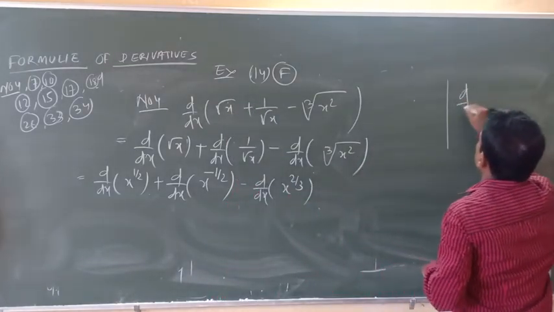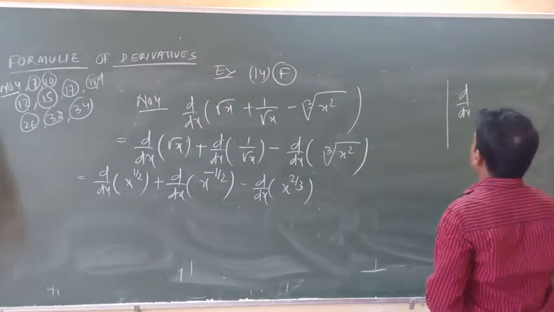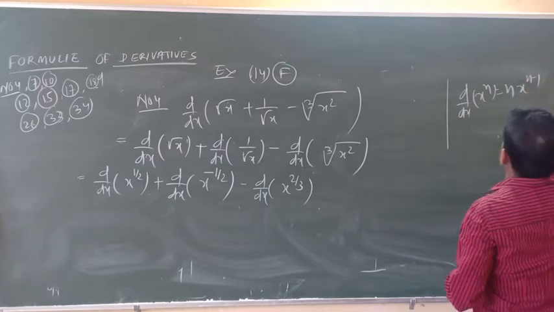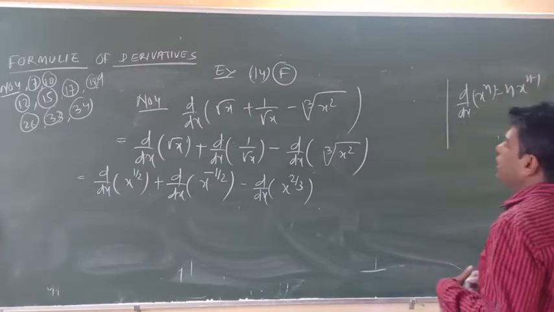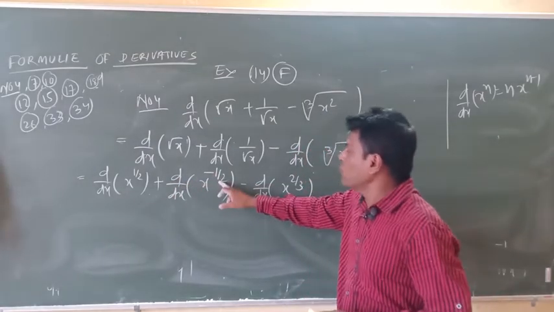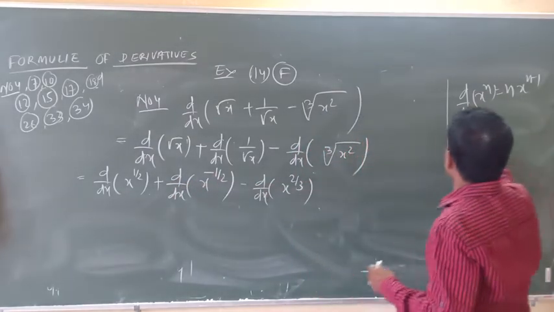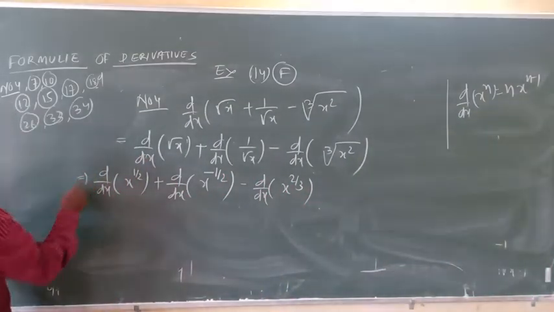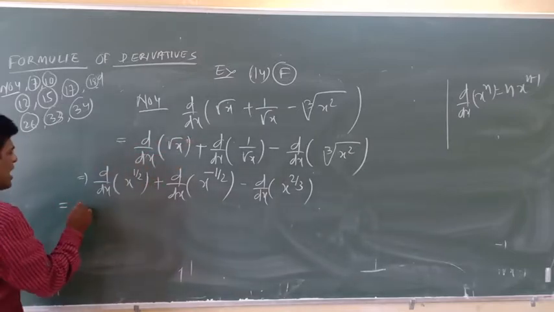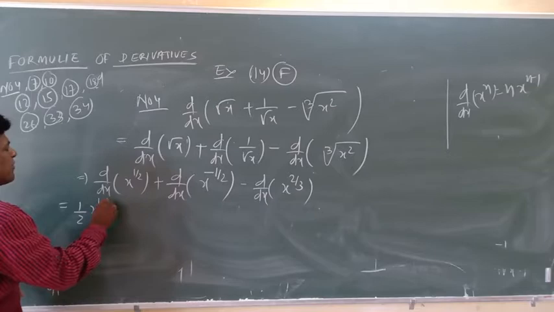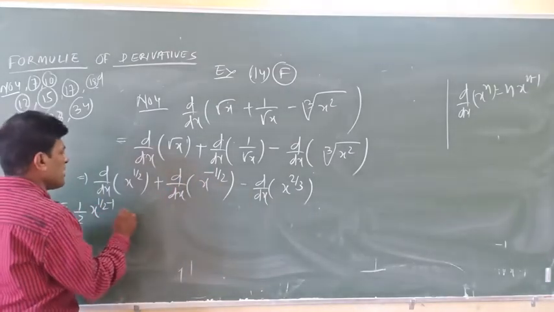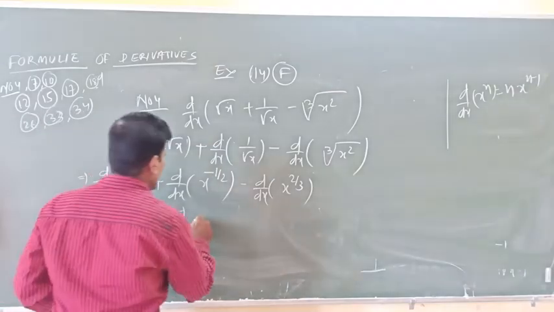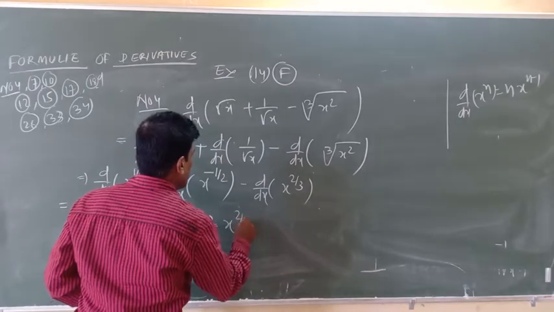You know the formula, the second formula of this series of the formulae, that is d by dx of x to the n. It becomes n x to the power n minus 1, n into x to the power n minus 1. Here n is equal to half, here also n is equal to minus half, and here n is equal to 2 by 3. Using that properties, using particular identity, you can find the result. Here half, n is coming first, half, then x to the half minus 1, n minus 1, half minus 1. Here minus half is coming first, it became x to the minus half, minus 1. Here 2 by 3 coming to first, 2 by 3 minus 1.